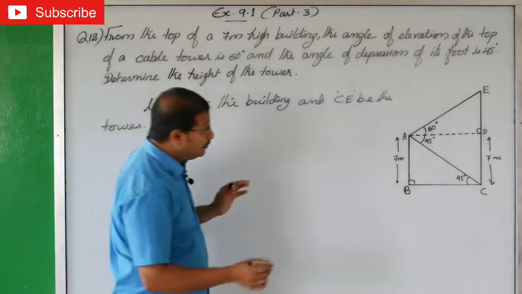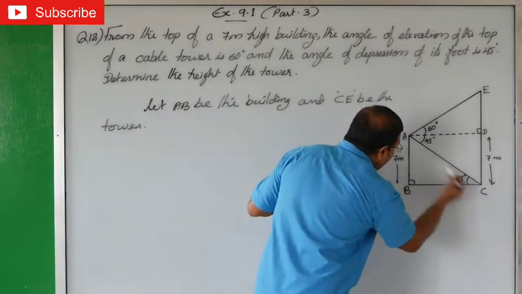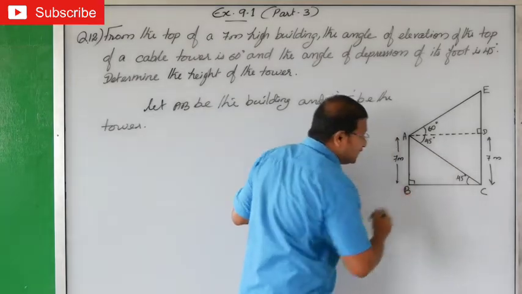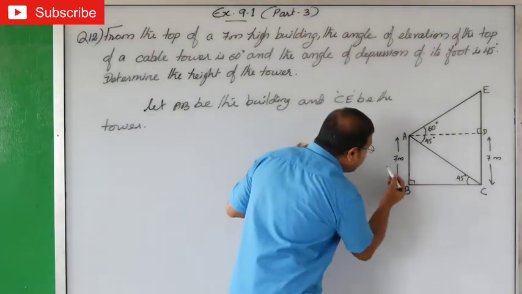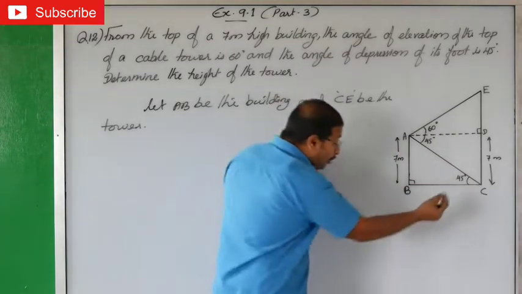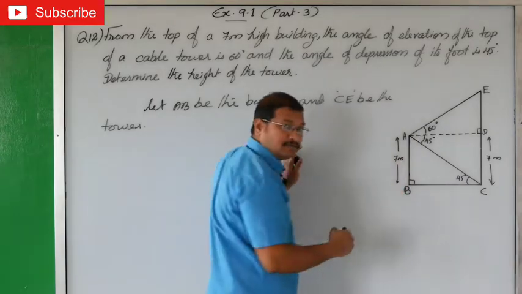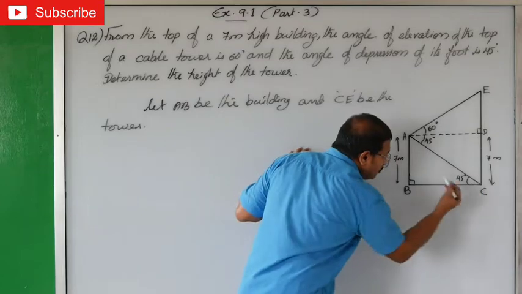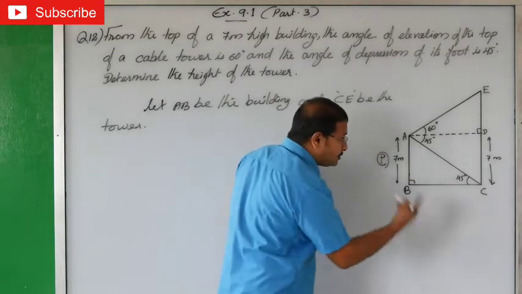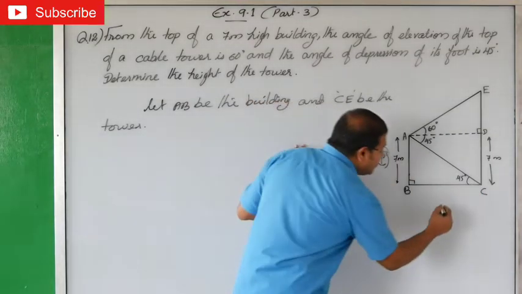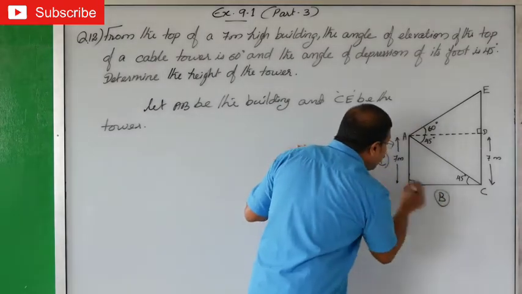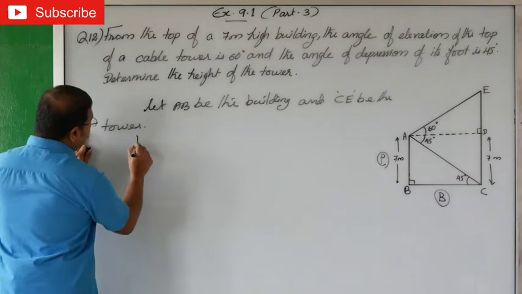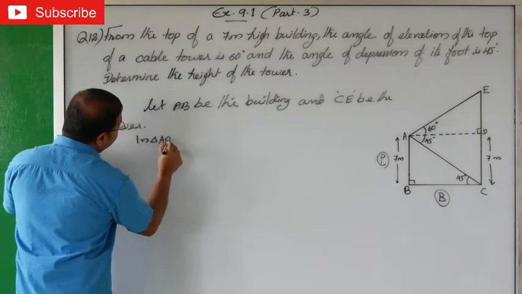Therefore, now what you will do? We will consider triangle ABC. If you consider triangle ABC, we know that this is already given. So according to this angle, the opposite side is the perpendicular and the side adjacent to the angle is the base. So perpendicular by base, which ratio we are going to take? Tan. That means in triangle ABC,